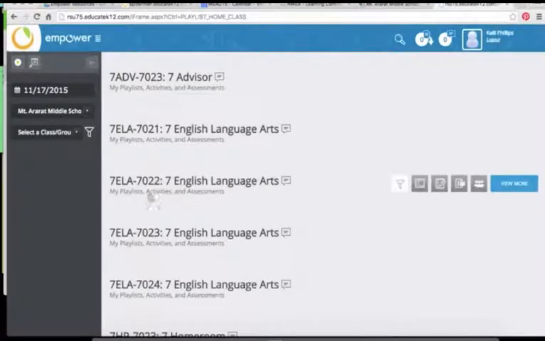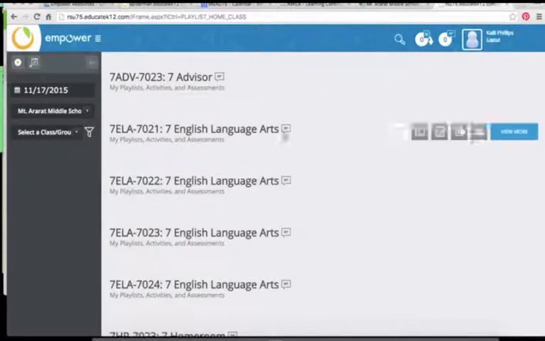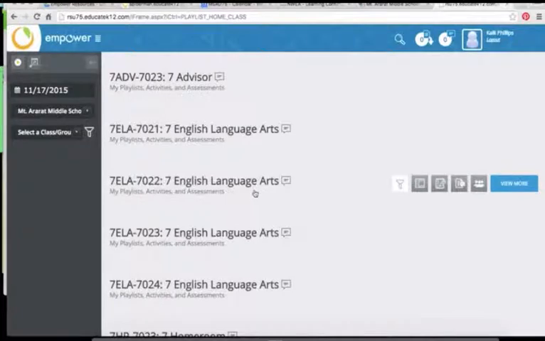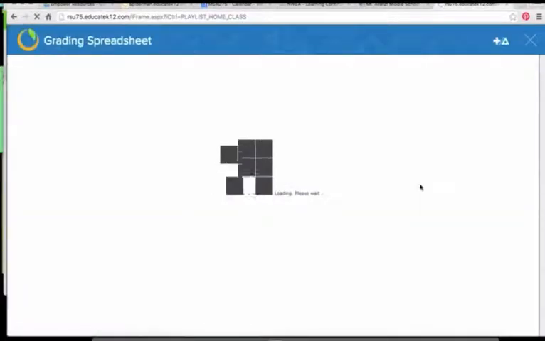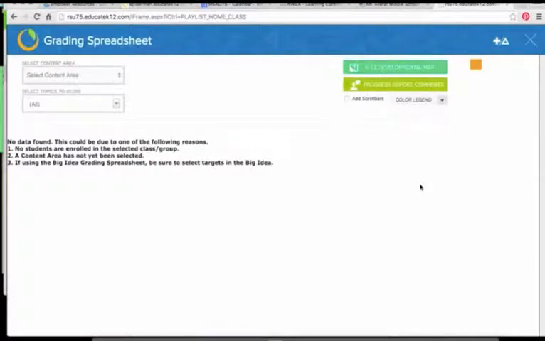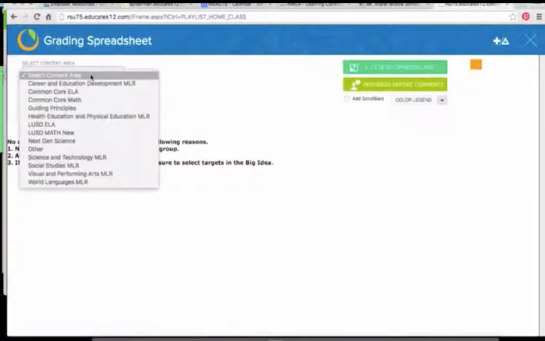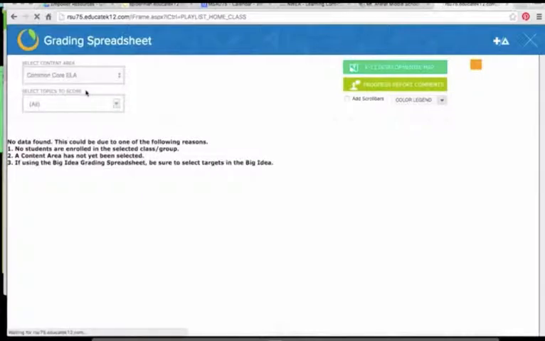I'm going to grade this select group of students, this class that I have. To get to the grading spreadsheet, you hover over the class that you're going to grade and go to this button, for lack of a better word, where it says grading spreadsheet, and you click on that. It'll toggle around, and this will come up. Now this looks scary because there's nothing on it, but it's pretty easy to get to where you need to go. You select your content area up here. I'm going to select Common Core ELA. It thinks for a second,